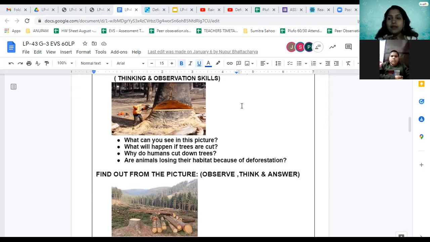Suppose the habitat for the monkey is the tree. They are living in the trees. So this is their habitat, the place where they are living. So this is the habitat for that particular animal. Is this clear? Yes, ma'am. As we know, the trees also give shelter to many animals. What do you mean by shelter? Shelter is nothing but the home for the animal in which they are living, right?